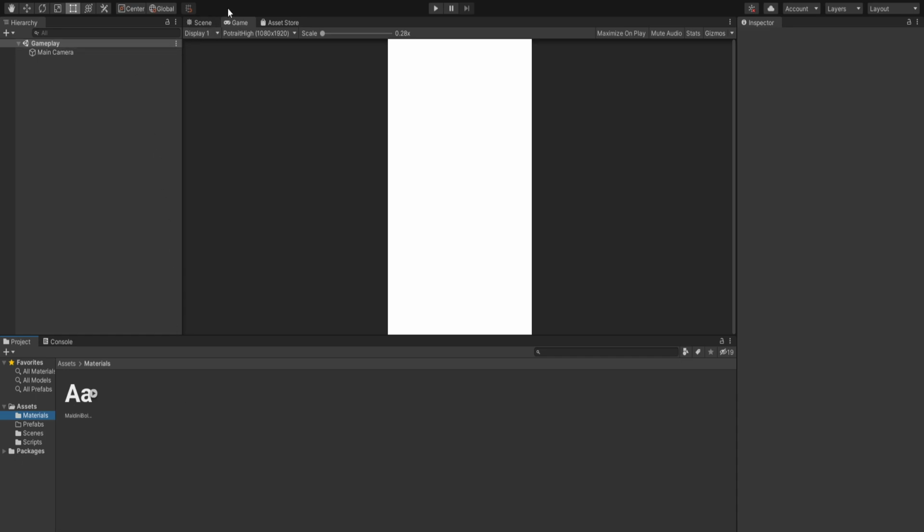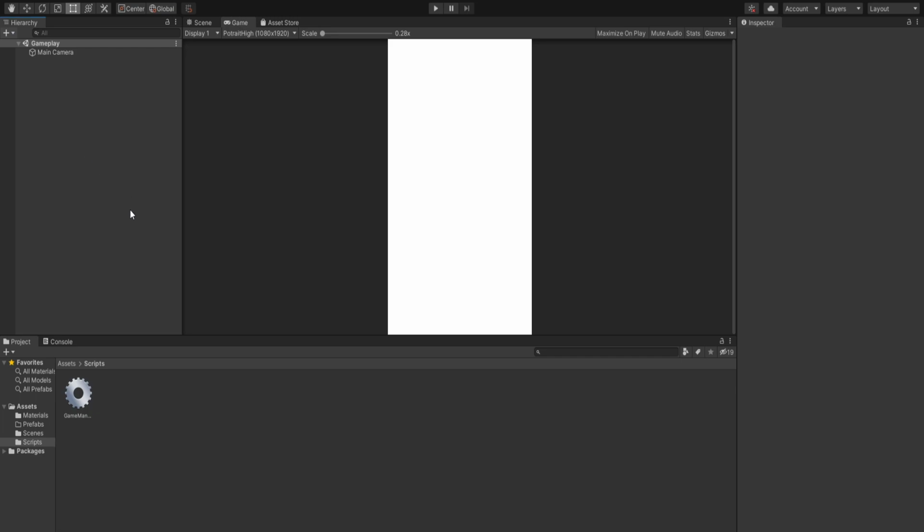As you can see, I opened up the basic Unity project and created a new scene, renamed it as gameplay. I've created a couple of folders. The first one's for the material, the second one's for the prefab, and next is scenes, in which I've deleted the sample scene and added the gameplay scene. The last one's for the scripts, in which I've added the game manager script. So for now, let's